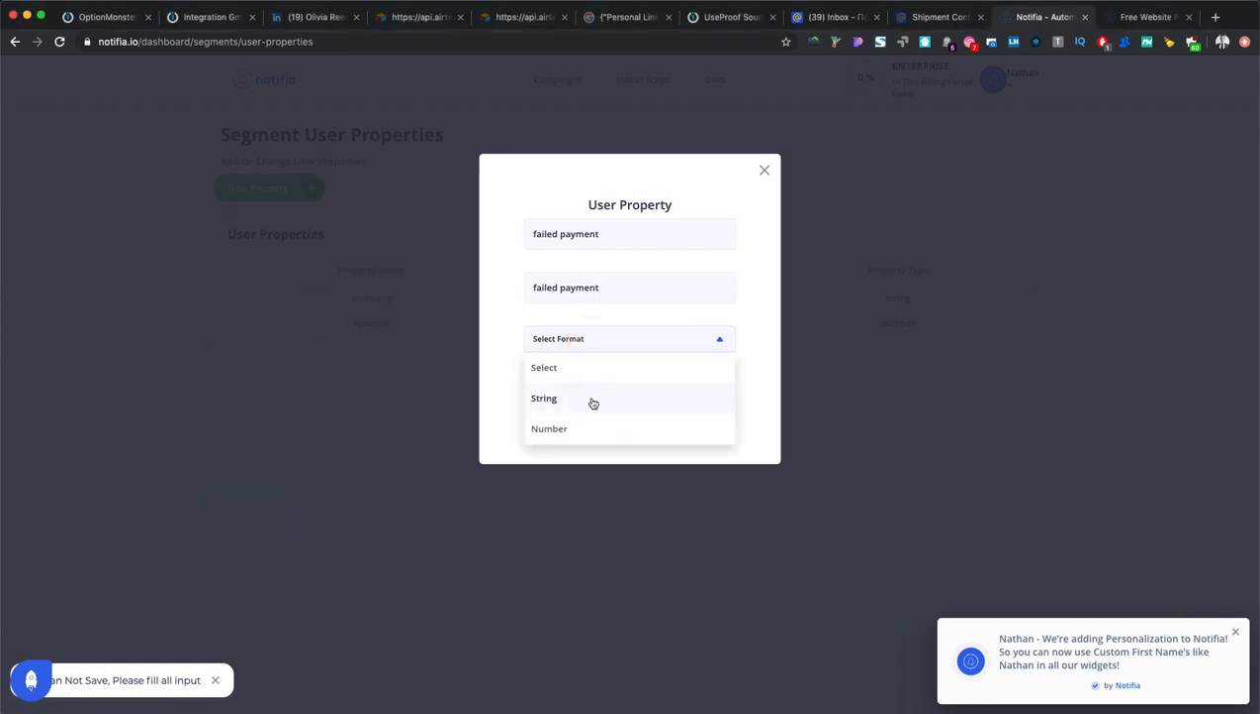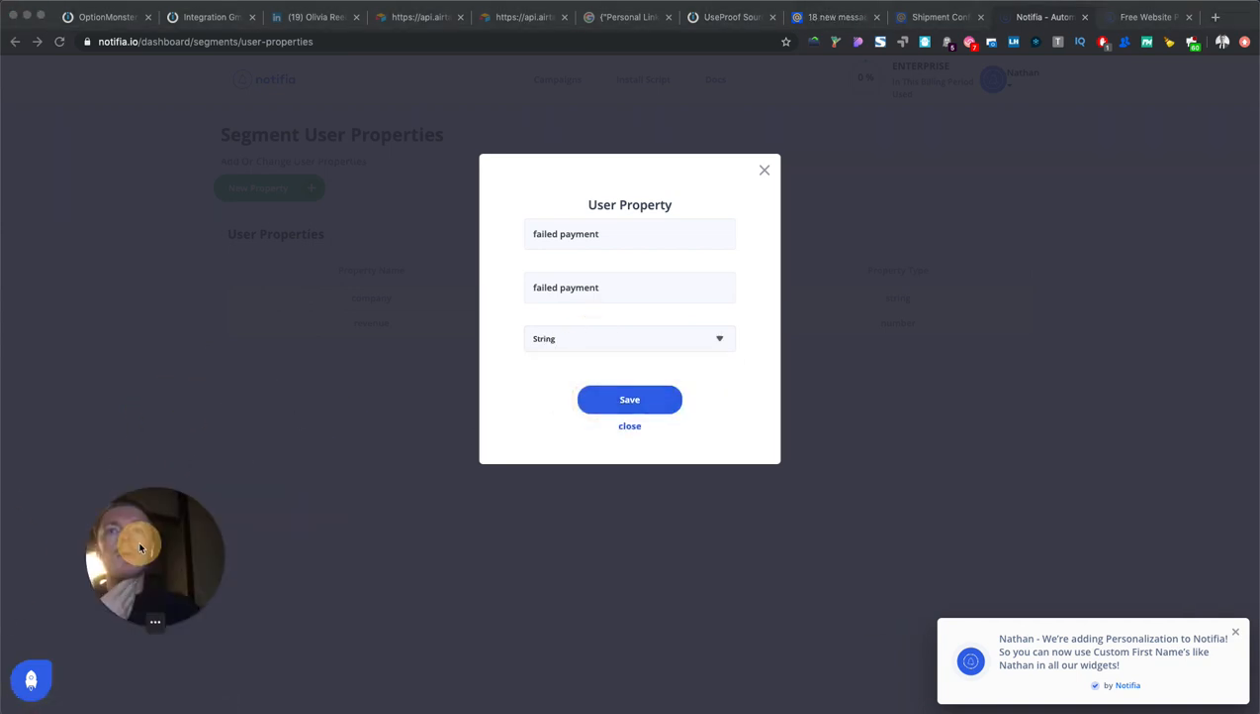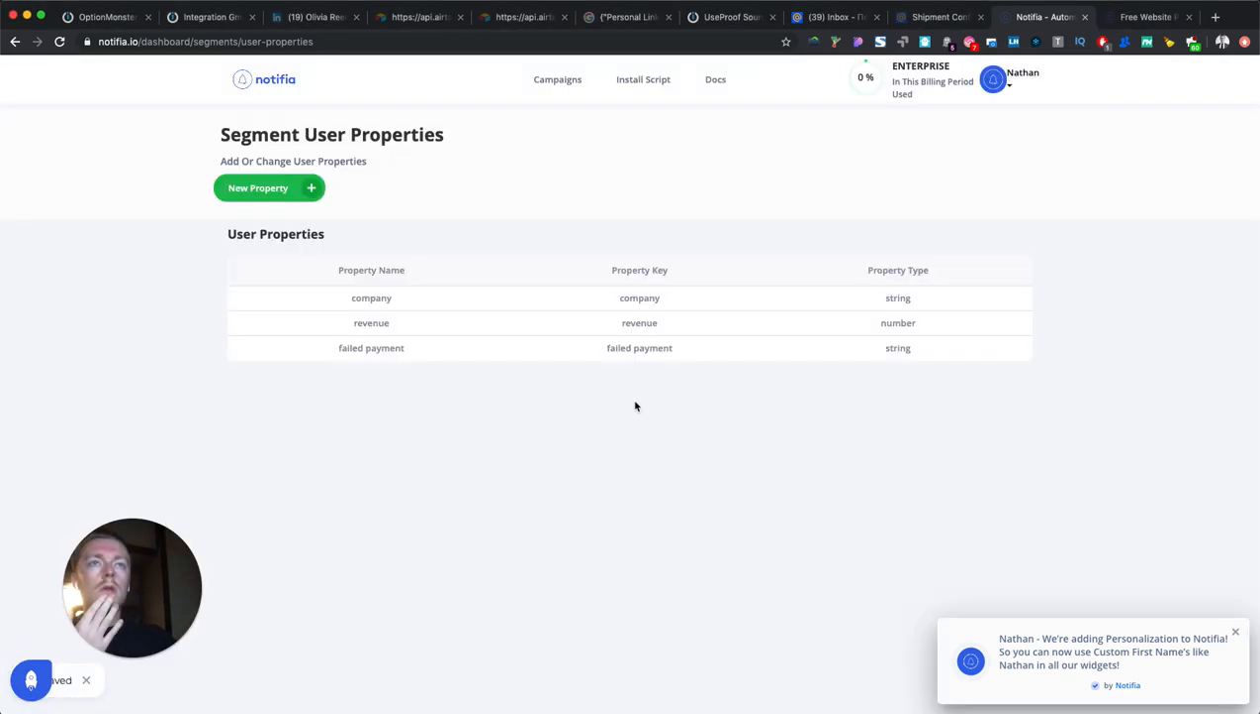Select a format, sorry. String. There we go. Okay, so now what is actually possible is to